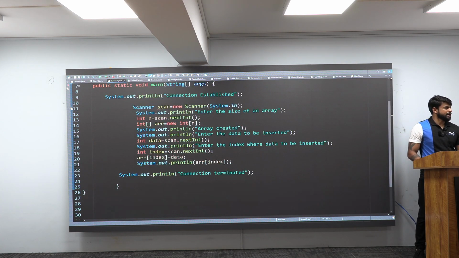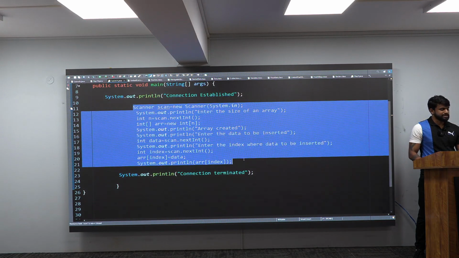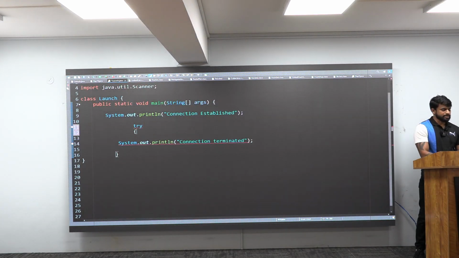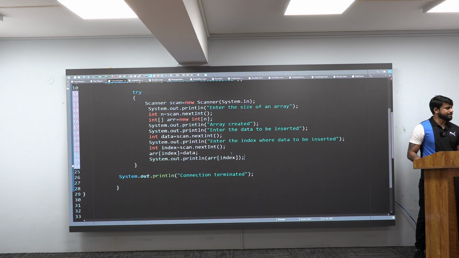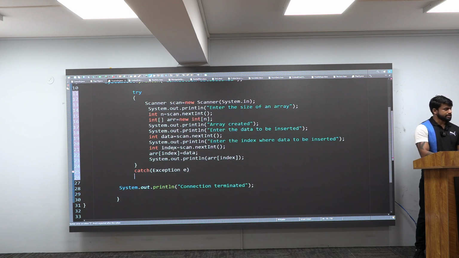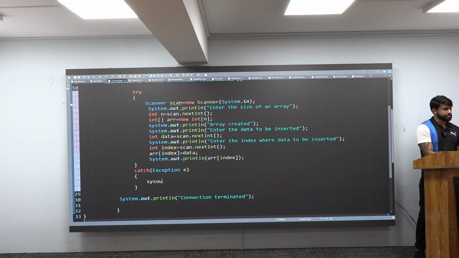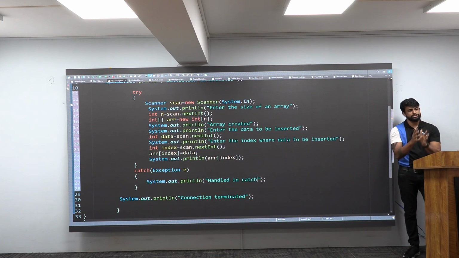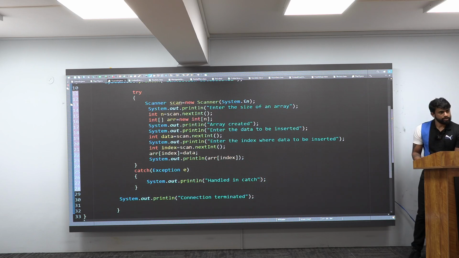How you will do it, sir? First, I should put my try. Means all these lines is the risky code. I will cut it, put it inside the try block like this. I need catch block also. I will hit enter. I want to catch. What you want to catch? An exception. Put a filter there, E. You open this, close it, and you should tell there system.out.println. I will tell it as some problem. Or maybe I will tell it as handled in catch block. This is a message. What message you want, you can display there. Got this, all of you?